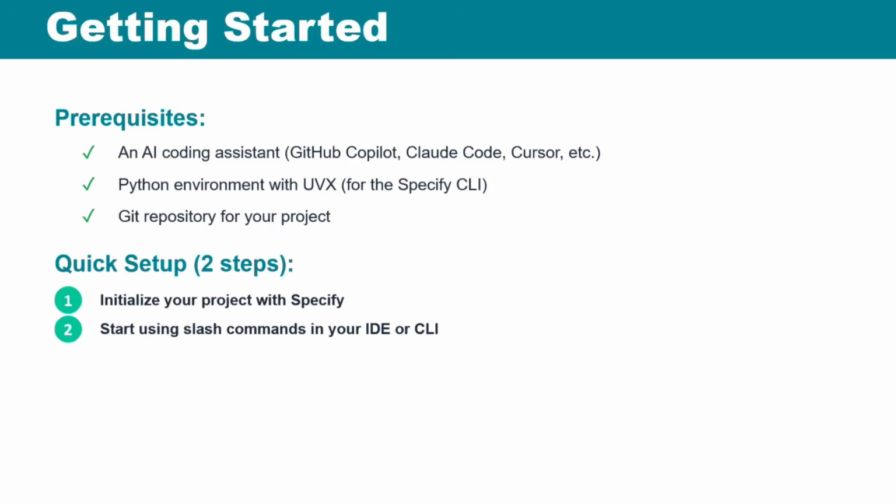And there's really not much in the way of prerequisites. You have to have your development environment. You have to have selected an AI coding agent. You do have to install Python in order to run UVX to install the CLI. But once it's installed, you don't need that anymore. And so it is kind of annoying that, if you don't want to install Python, you do have to have it for that one little bit at the very beginning. But once you have that, you don't need it anymore.